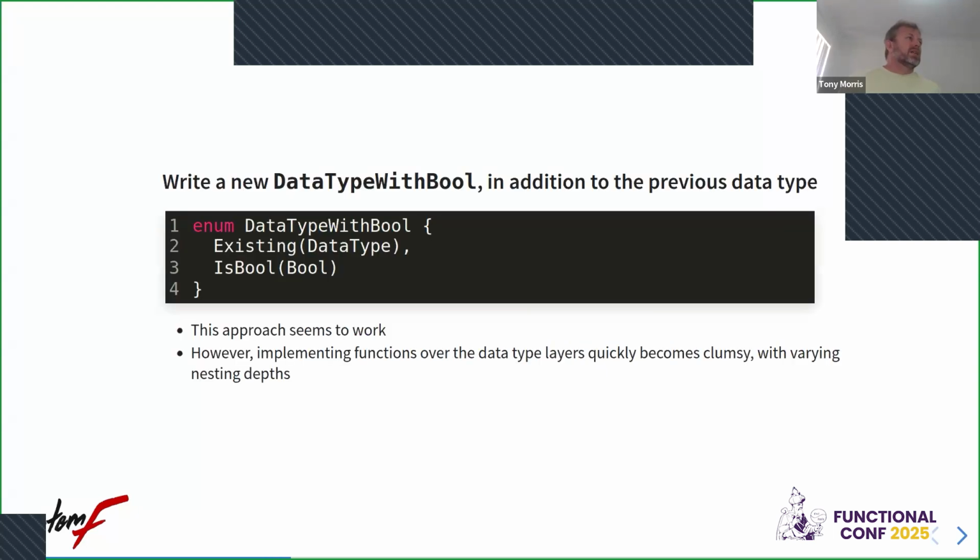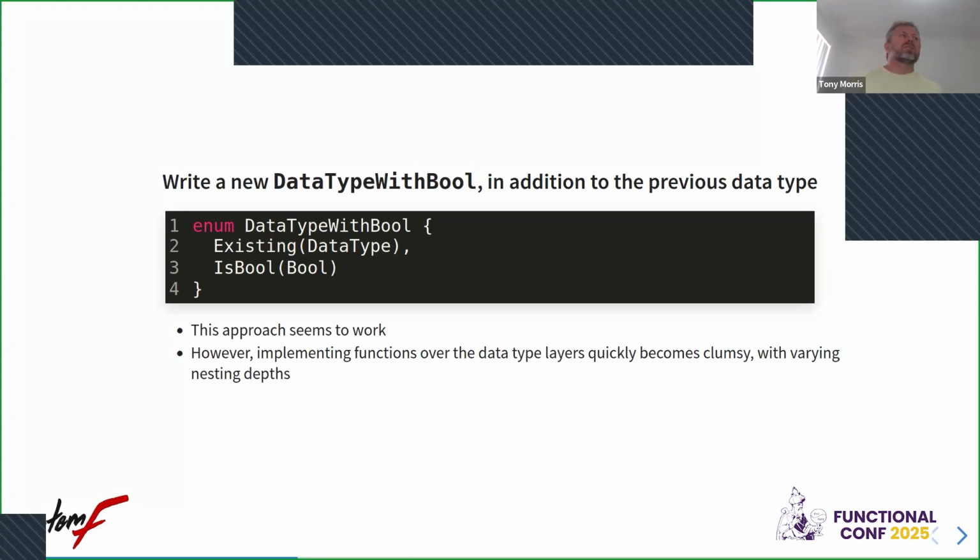So this is what it would look like if we write a new data type. So we create a new data type, and we've got the previous data type as one of our cases, and we add in the Boolean case to our new data type. And this approach does seem to work. But if we continue to use this approach,